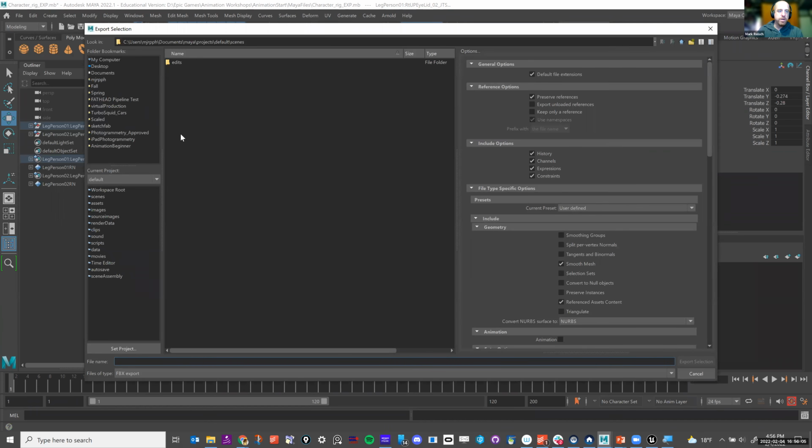And then in here, what I personally like to do is, when I have my FBX files, I like to make a To Unreal folder. So not in my animation beginner, but I have my animation start. I have my Maya files going into the Maya folder, and I'm just going to make a new folder, and I'm going to call that To Unreal.